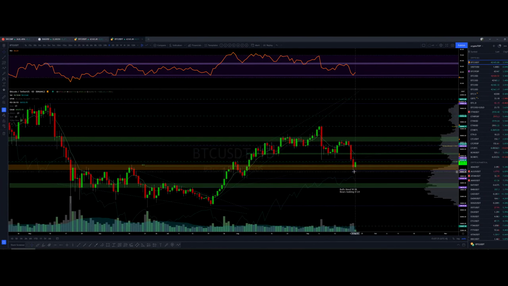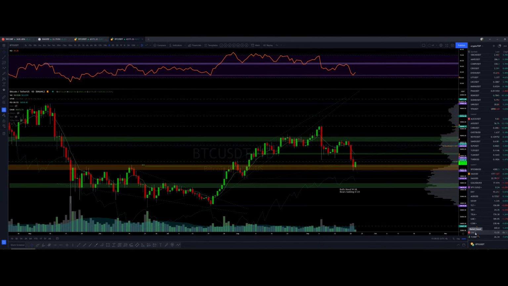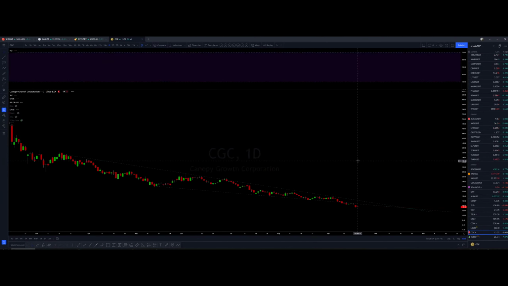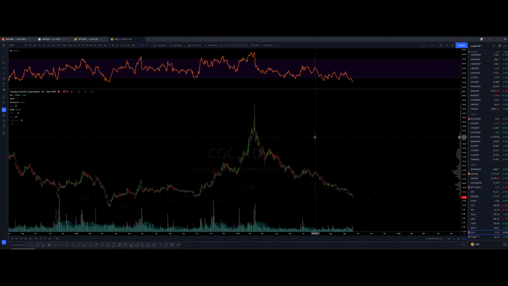My plan is to just do some scalp trades, if anything. I'm going to try to stay away from swing bullish positions, just quick scalps, if anything. If we get oversold, you can buy and sell. I don't do shorting, so I'm not going to be doing any shorting. And maybe I will try to cash out a bit and put it into my traditional banking account, and maybe I'm going to buy some CGC, right?